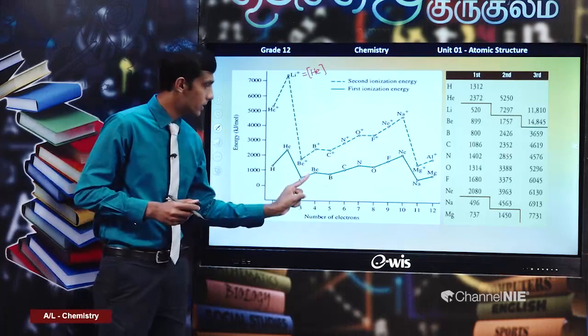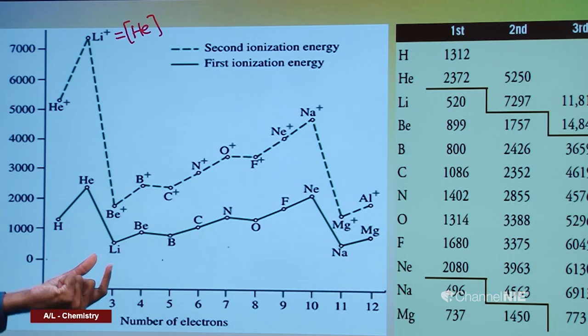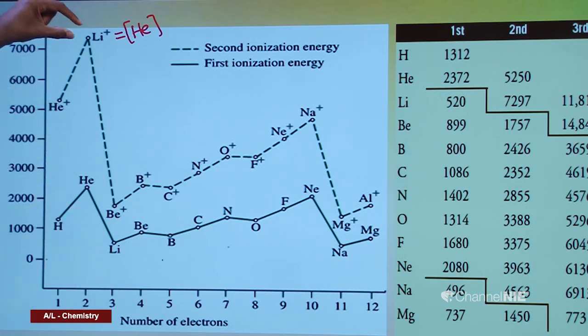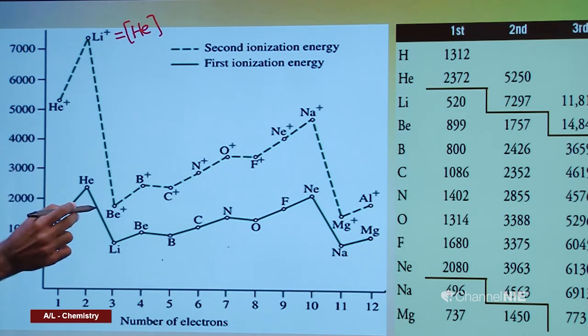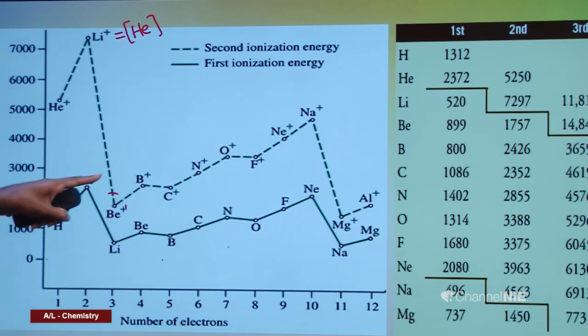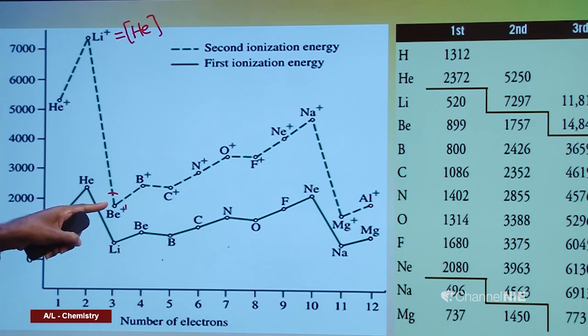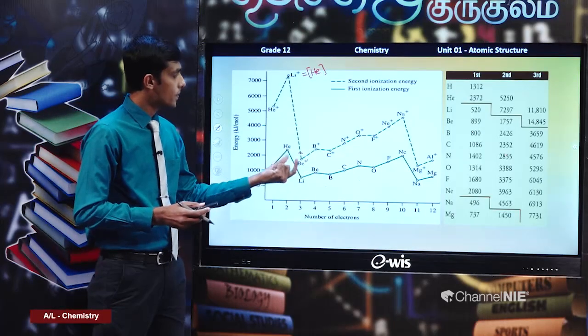First ionization energy, lithium has the least value of the particular period. Second ionization energy, lithium has the highest value. Now lithium has S2 configuration. When you consider beryllium, when you remove the second electron, you have S1 configuration, beryllium plus ion, S1 configuration. Therefore, that value is less because of that S1 electron configuration, only one electron in the valence shell. So, its ionization energy is the least.